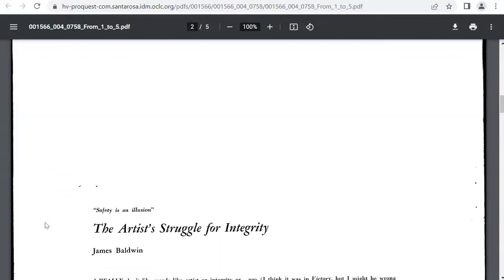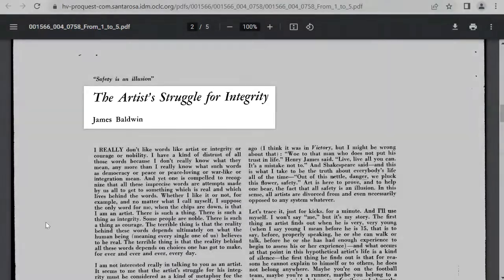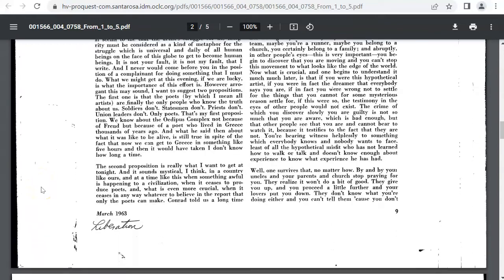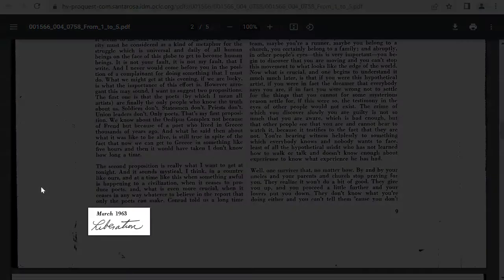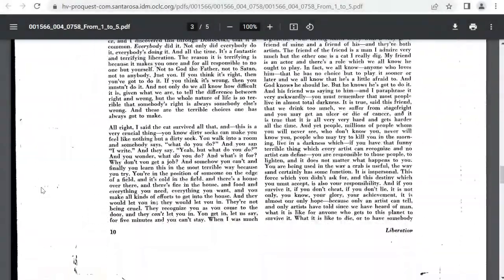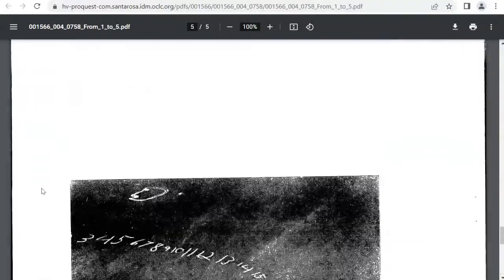On the following pages, I see the document. It looks like an article by James Baldwin titled The Artist's Struggle for Integrity. The date reads March 1963, and I think the article was published in something called Liberation. I'm not sure. Tracking down information about the collection that contains this document might provide more context.